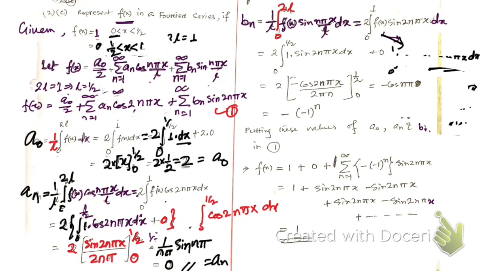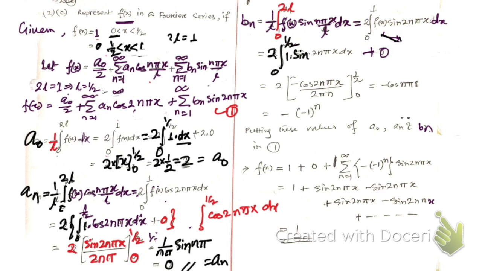That's why I have written here 0, so this is bn. When you integrate the function from half to 1, then it gives 0, right? So hope you have understood this. So here 2 into 0 to half 1 into sine twice n pi x dx, that is what we have got. Now if you integrate this,